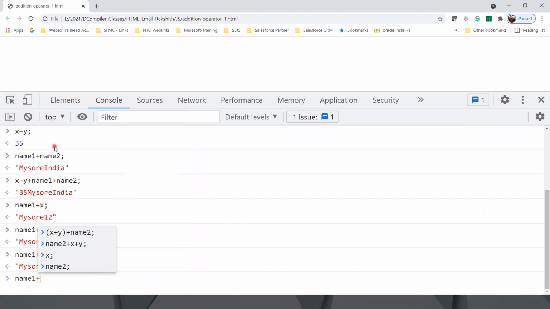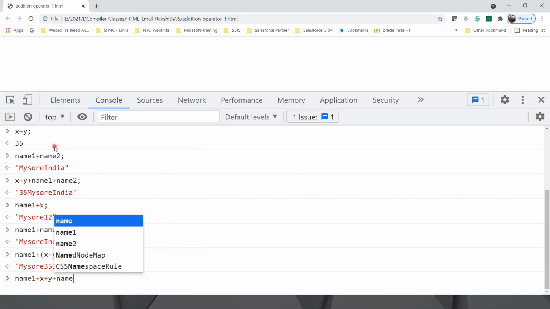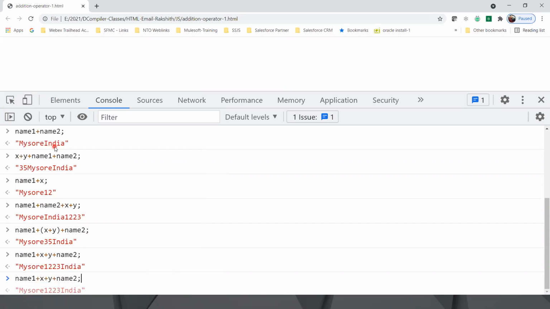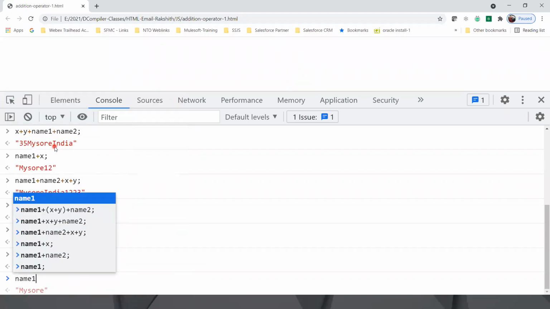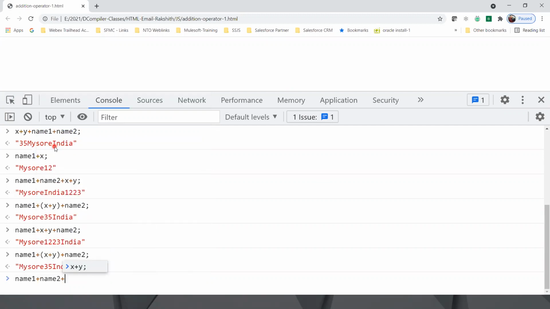Name1 plus x plus y plus name2. Very simple. Name is a string, plus anything, it starts getting concatenated. So what is the result? Mysore, x is 12, 23, and India. But if I want the result of addition, use round brackets. What will happen now? Name1 plus name2 plus round bracket x plus y. So the result you get here is